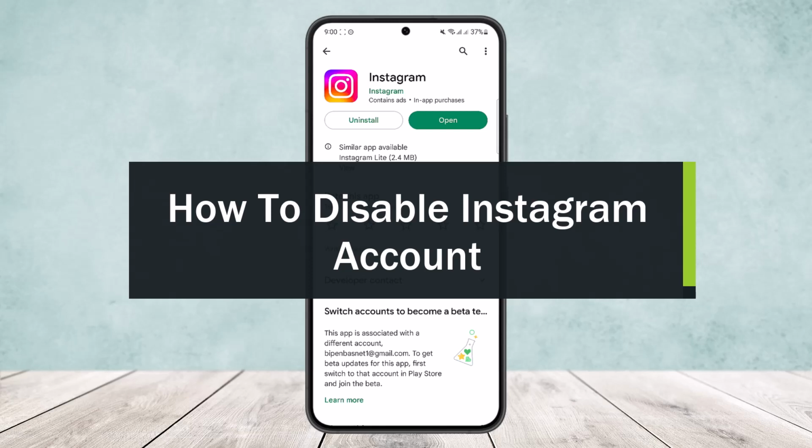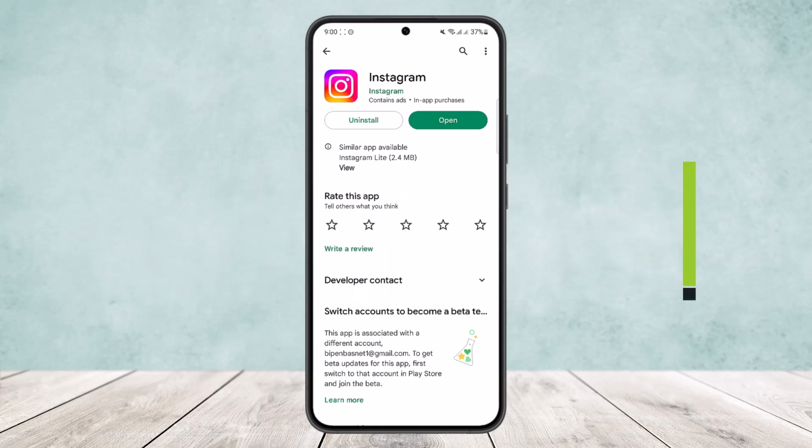Today I'll guide you on how you can disable Instagram account. Now, disabling Instagram account is quite simple and easy. However, you won't find the option particularly on the app itself. Now, as you know, after the latest update, the option to disable or deactivate your account has been hidden on